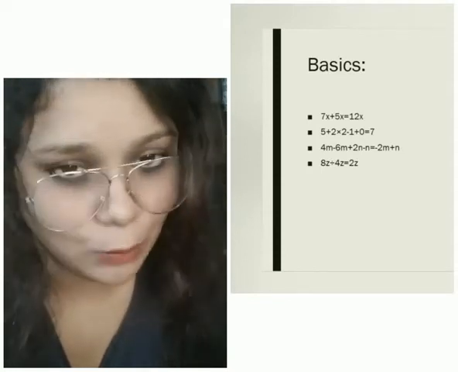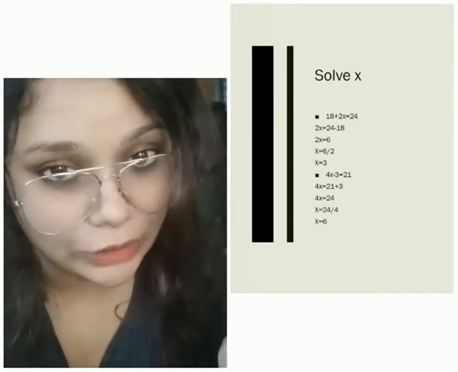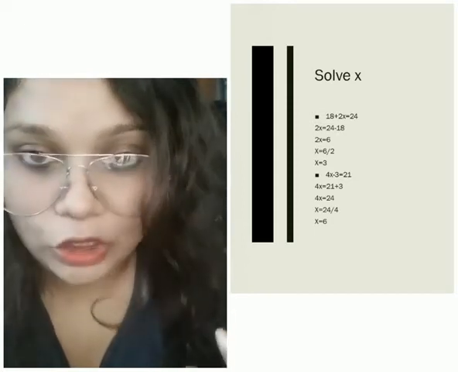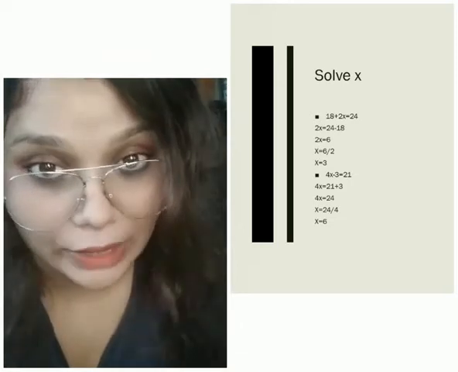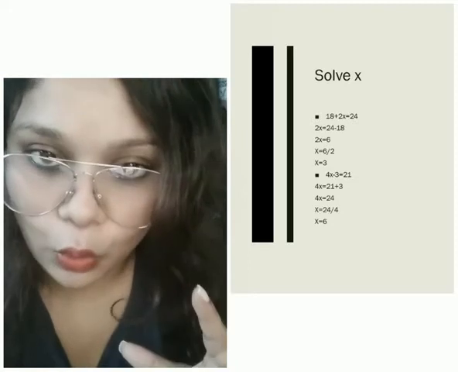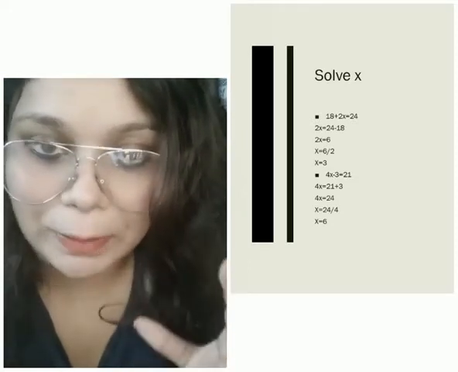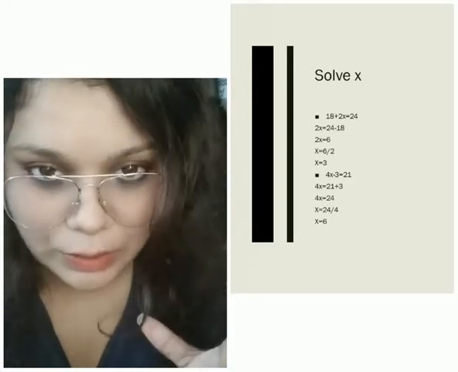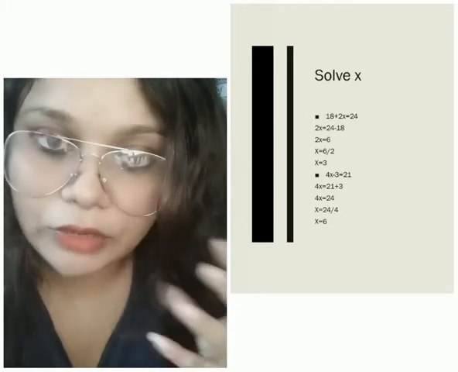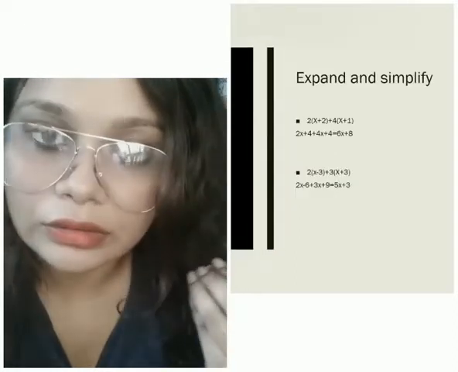You know what a monomial is, right? A monomial is very simple, which has only one term. A binomial has two. A polynomial has more than one term. So these are the basics which you have to know about algebra. These are the basic definitions and expansions. With these formulas and expansions only, we will be able to do algebra in detail.